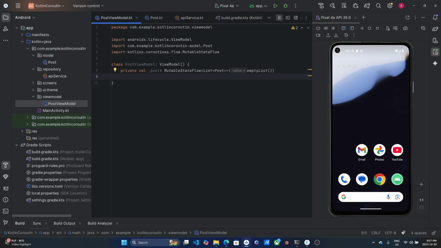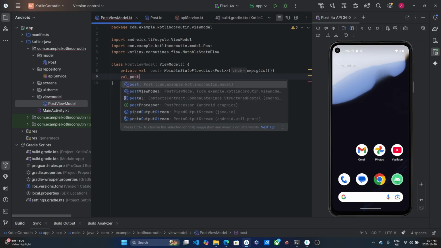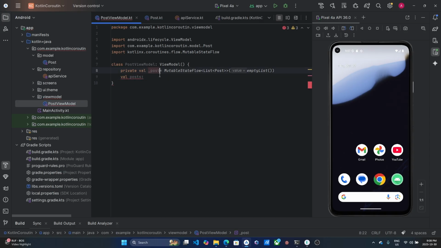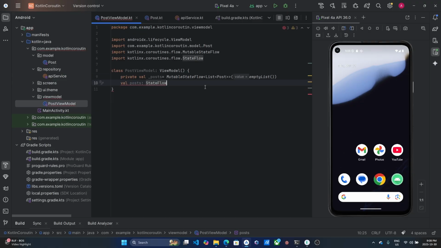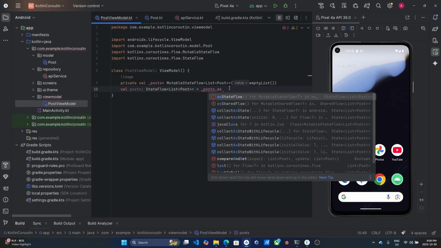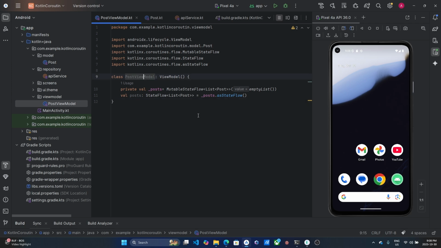And for the view model exposed property is post, and which is local dash post. The property is post is state flow type of list of posts. State flow, which equal to local variable posts dot as state flow. So that's the view model. So in the view model, we got the call to the repository, got a network call, and get the list of posts, and we expose it as a state flow to the view,